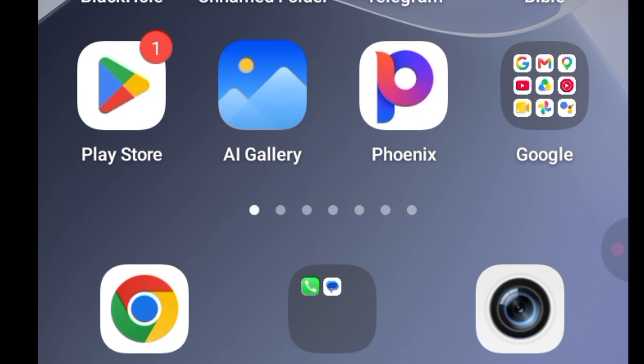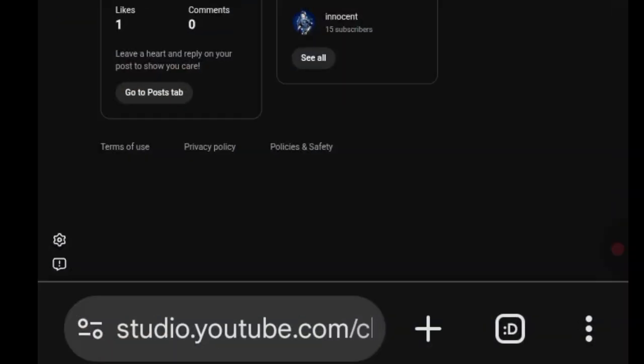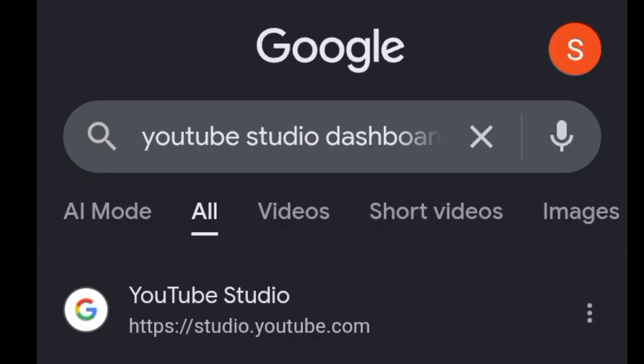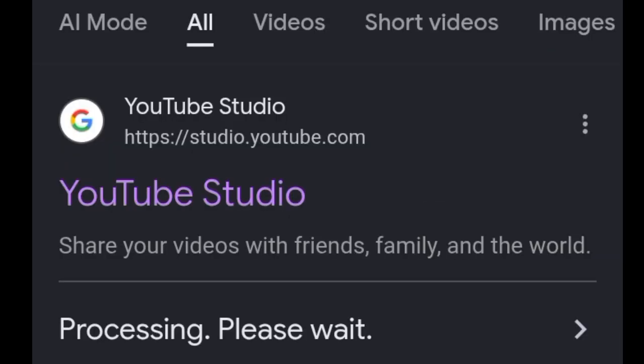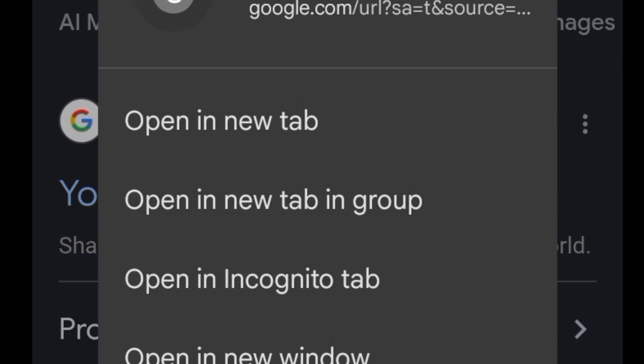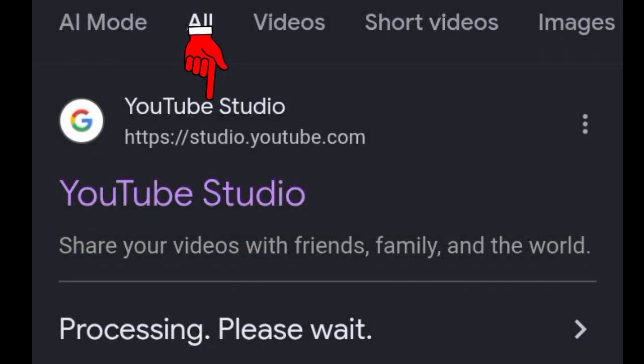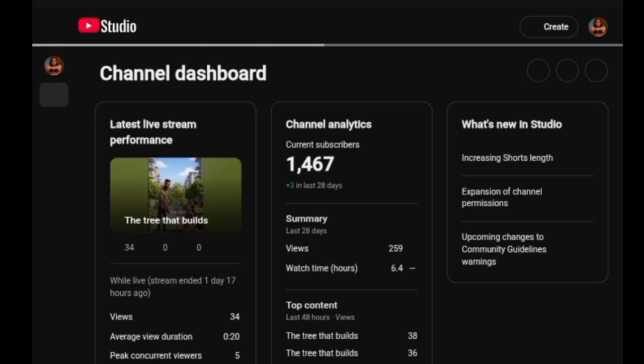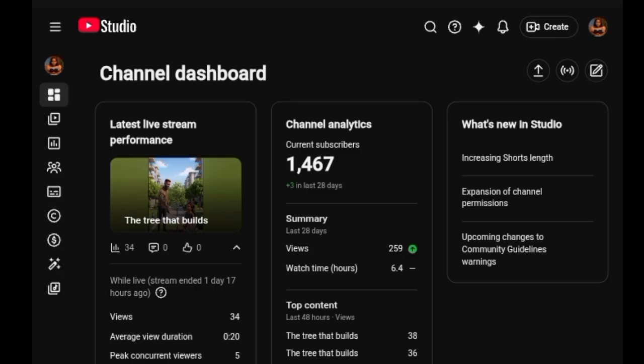So you're going to click on your Chrome browser. When you go to your Chrome browser, you are going to type YouTube Studio Dashboard. When you click on YouTube Studio Dashboard, you are going to long press like this and take open in new tab. When you take open in new tab, you are going to come right here and click like this. When you open a new tab, it's going to take you straight to the channel in which you want to